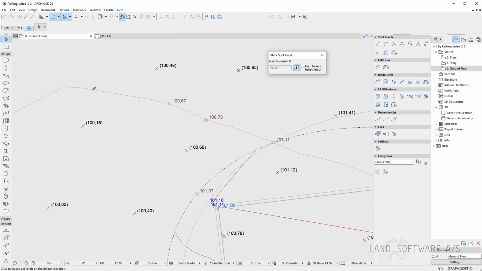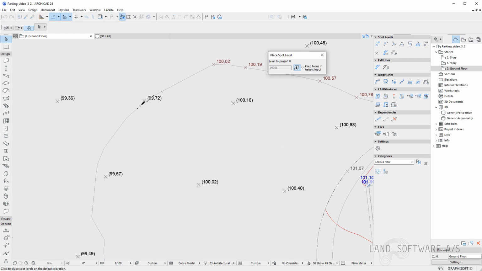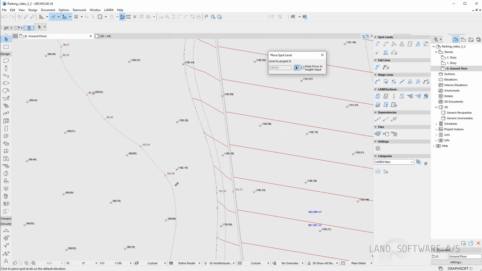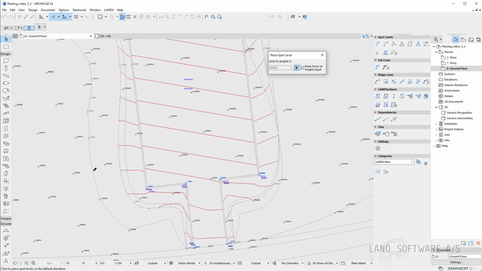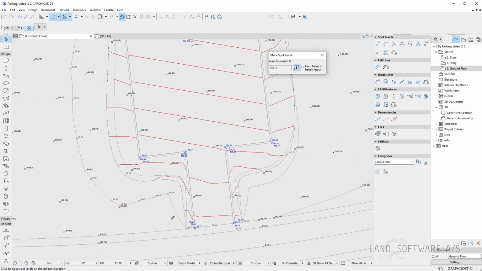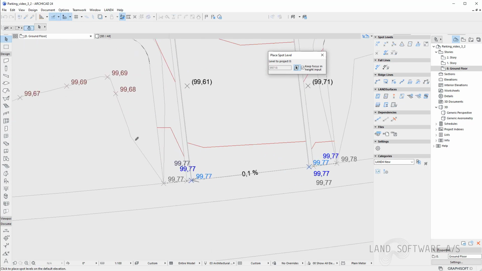And I'll just now follow the line and place spot levels along. So these spot levels are basically read from the existing terrain.